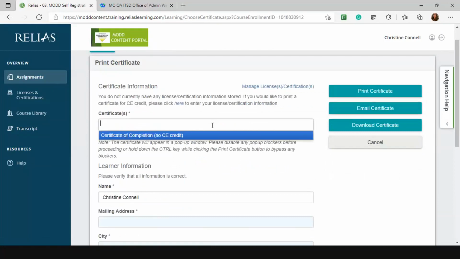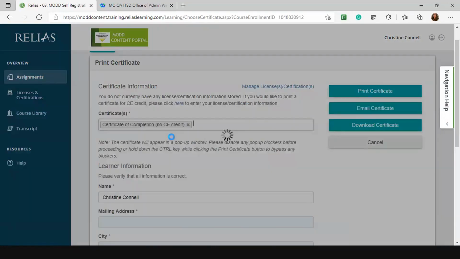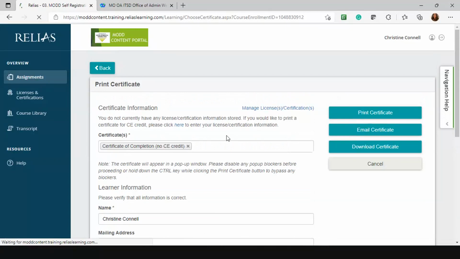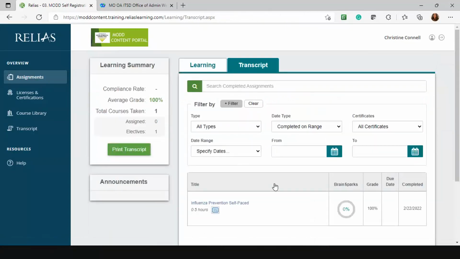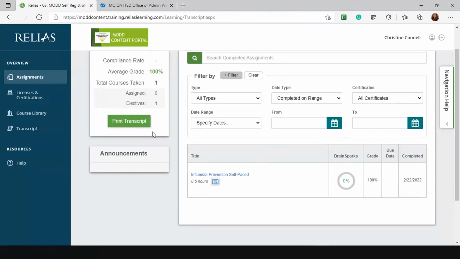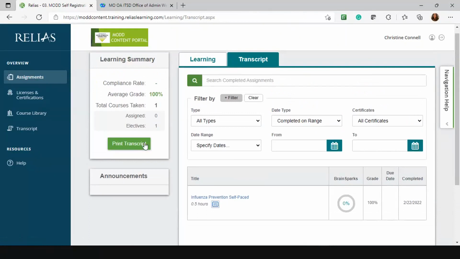Now, in most cases, these certificates won't be for CE credit, so you're just going to select certificate of completion, no CE credit, and then you can click print certificate. If we come back in here, if there's another reason that you may not necessarily need to pull a certificate right now, but you want to print your overall certificate, or I should say your transcript, you can click the print transcript button.